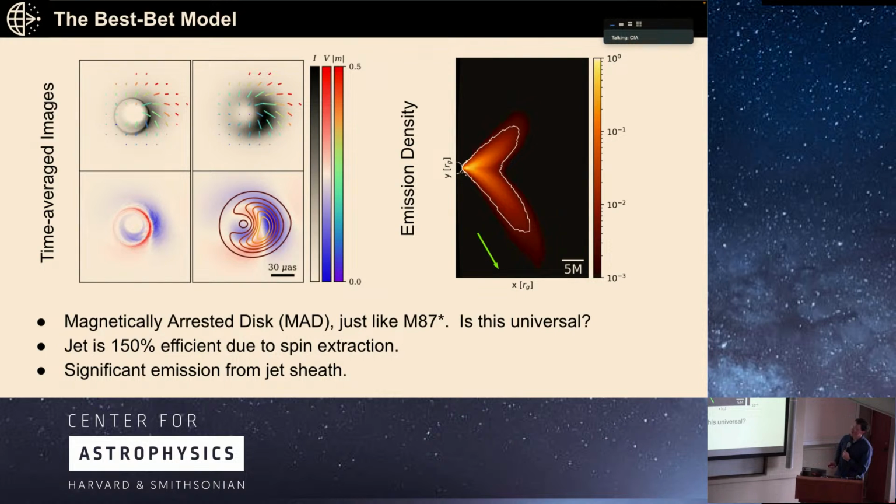And the same thing for circular polarization down here at the bottom. And then on the right, I show you where the emission is coming from. So this is a map of where the photons that landed on the image plane during our ray tracing of the simulation started off life. You can see that they mostly originate in this jet wall.